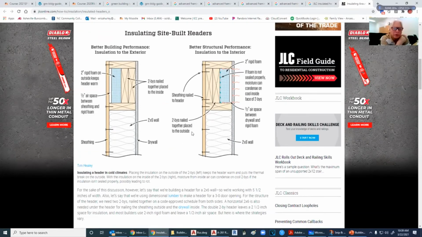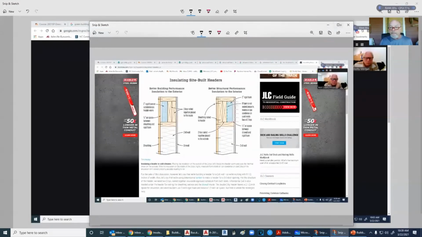Question, would you ever put the 1/2 inch gap between the foam and the 2x4? Well, again, it is inherent that we try to keep the